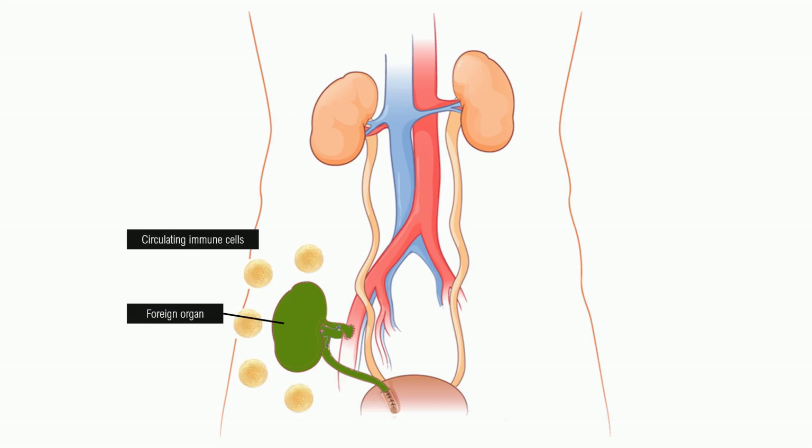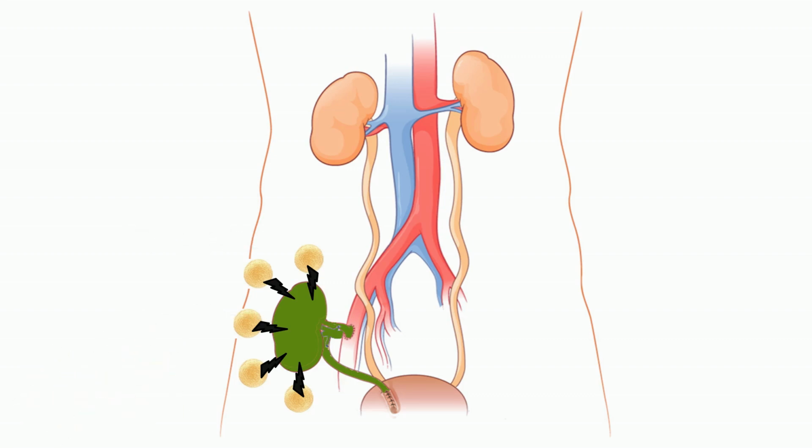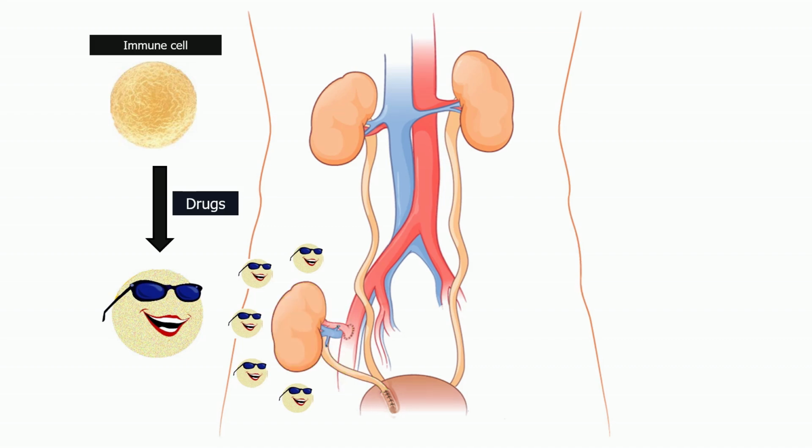So the immune system and its cells see this foreign organ, which to them looks like an infection, so they attack it. If we let this happen, the kidney is damaged by the immune cells. This is what is meant by rejection. So what we want is for the immune cells to ignore the foreign organ. For this, we use drugs that put blinders on the immune cells. Thanks to these drugs, the immune cells cannot see the foreign organ, which is then accepted and therefore can function